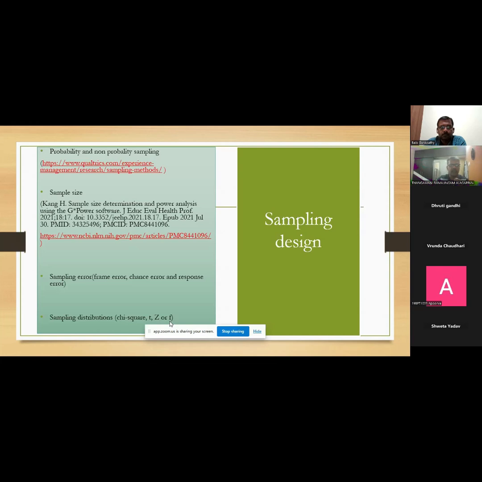According to the type of variable, we use the distributions. For nominal variables, we use the chi-square test. For mean comparison of a scale variable, we use the t test. For proportion comparison, we use the z test. If more than two groups are there and you are comparing means, you have to use the F test. All these things you must have studied. I will explain what a sampling distribution is when it comes to the